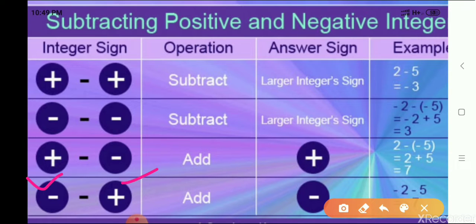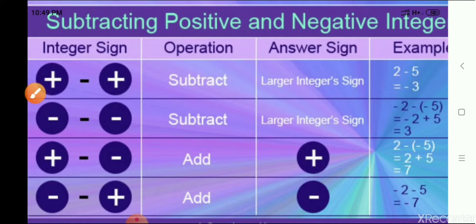Okay, here in this case also we will add both the integers. Okay, so the example minus 5 minus 2. Okay, there are two negative integers, minus 2 and minus 5. This minus is because of the subtraction operation which we are doing. Okay, so both these minus signs, here we will add both the negative integers and our answer will be minus 7.